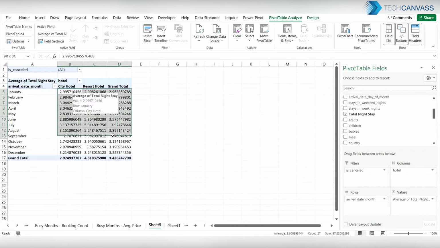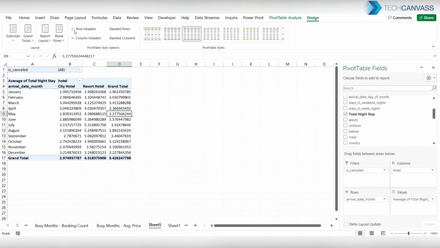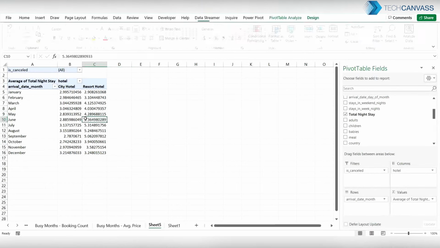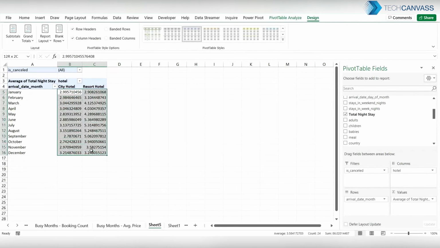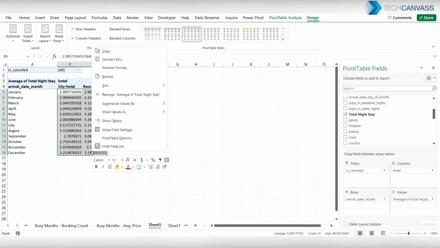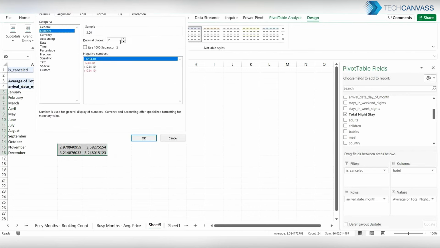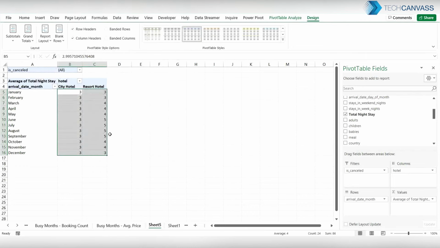Okay, so now let's first of all turn off the totals. Let's go ahead and format these. These are nothing but the number of nights, right? So this should be whole numbers. Okay, so the average city hotel booking is 3 nights and resort varies from 3 to 5.